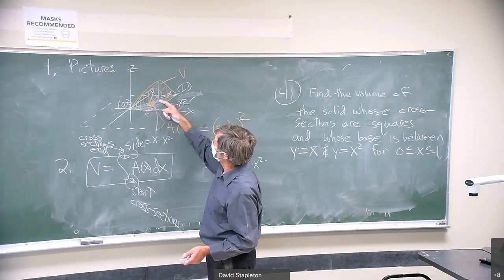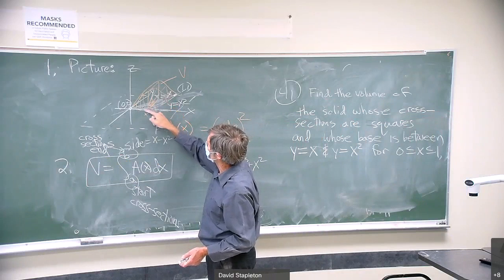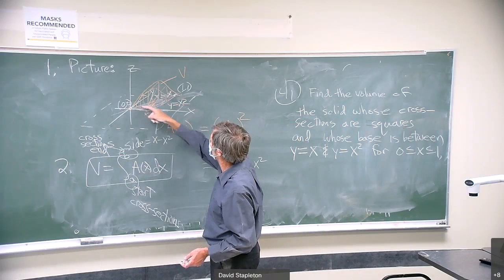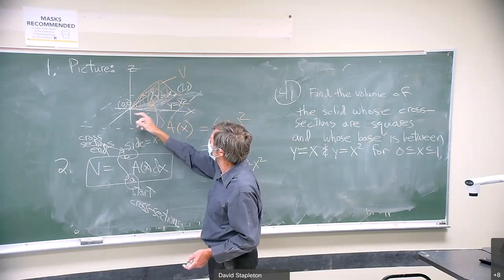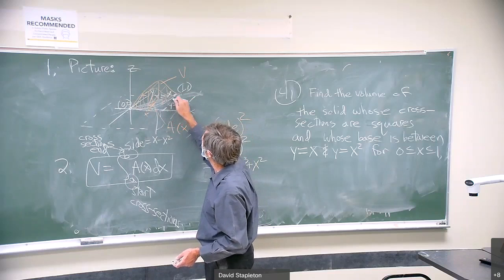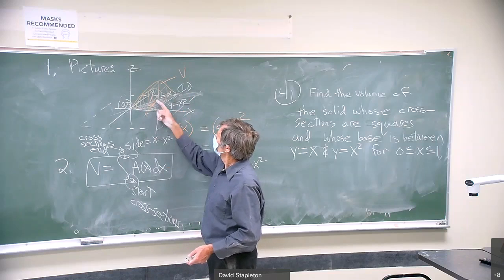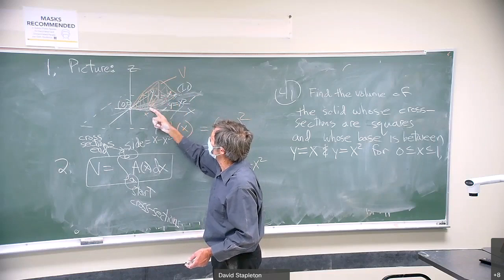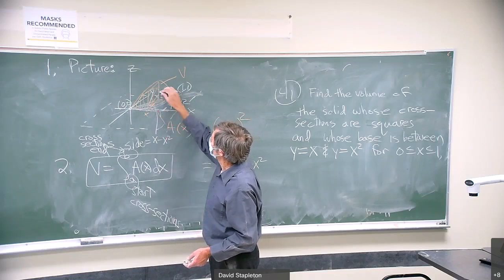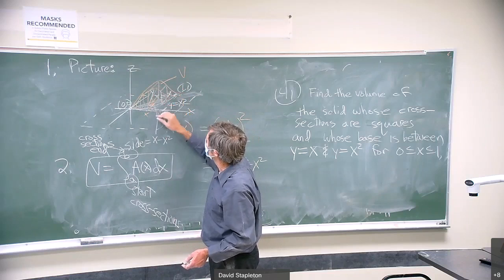In this example, the cross sections are perpendicular to the x-axis and extend between the curve y equals x, this straight line, and the curve y equals x squared, this parabola, between x equals 0 and x equals 1. If I take cross sections perpendicular to the x-axis that are squares that have base between those lines, then my formula